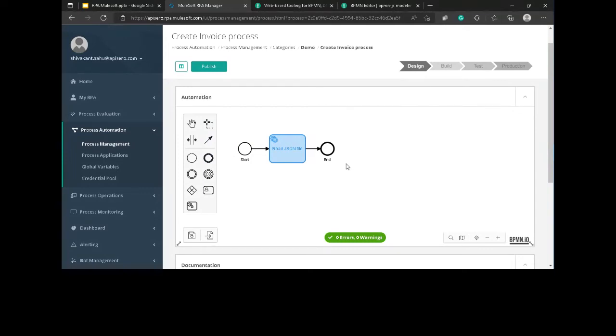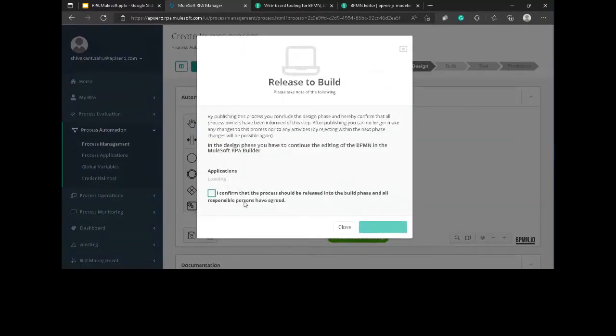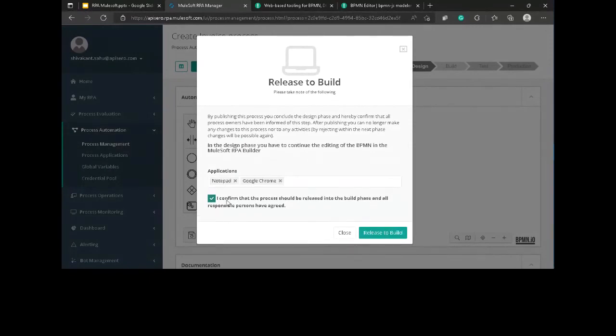If you have no questions, then the next step is to publish this. If I publish this, it's similar to publishing your asset to the exchange. And you can associate your applications which need to be added to this, or release to build.